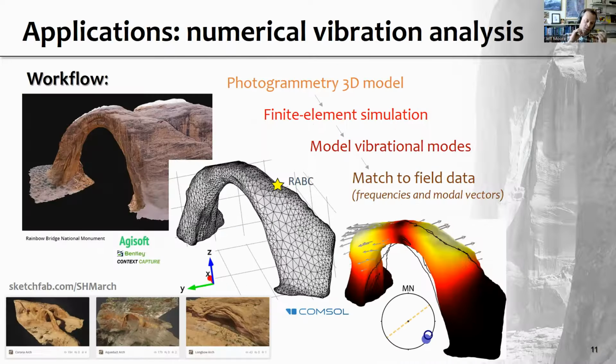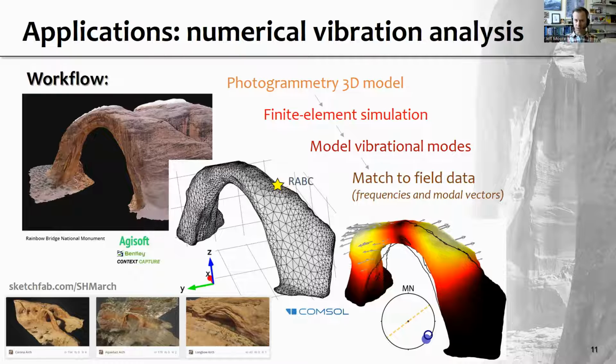So this is now where the photogrammetry models are key. They establish this very accurate geometry for every arch or bridge or tower that we measure and assess. And so here you see Rainbow Bridge. We have the model that Jack made. And so we had to complete that and turn it into a solid. Once we did so, we could then